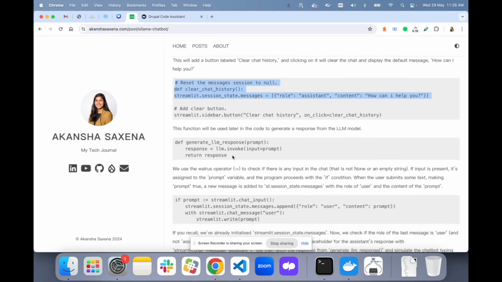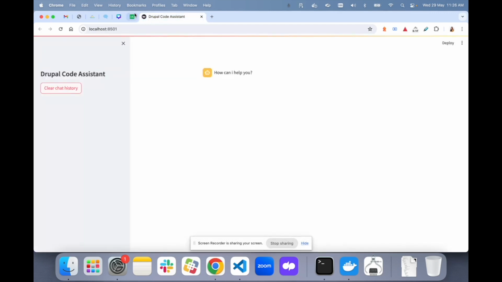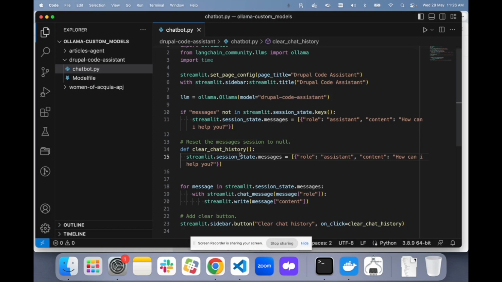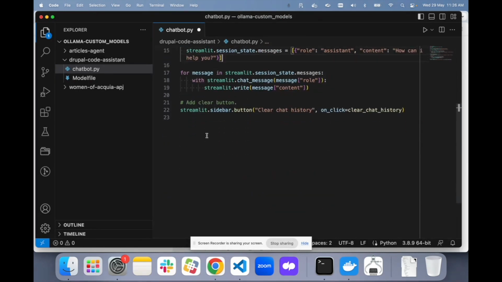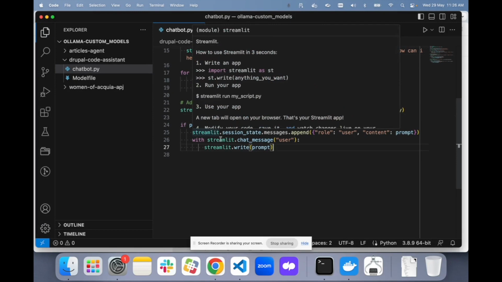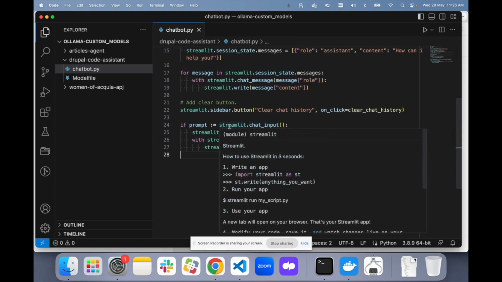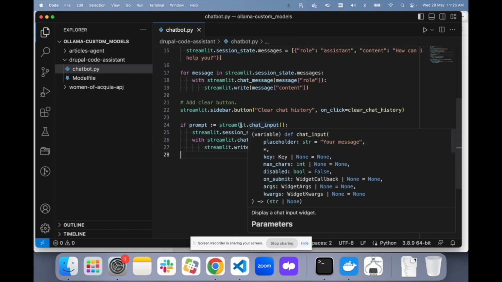Now the next thing is, we are going to get all the prompts from the user, right? So we are going to check if I have anything in the Streamlit chat input.